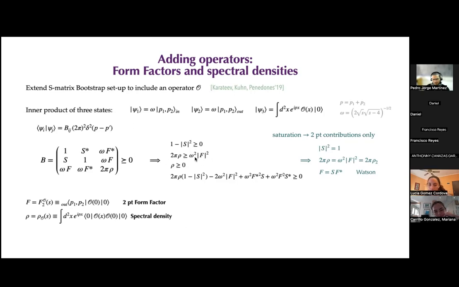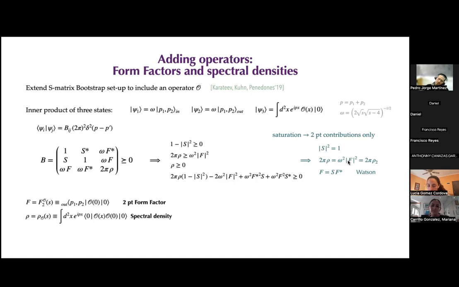Then the second condition tells you that the spectral density is proportional to the form factor squared, which you can think, if you include here the sum over all in or out states, you see that you can write the spectral density in terms of two-particle plus four-particle form factor, etc. So if you saturate this inequality, your full spectral density is given only by the two-particle contribution,